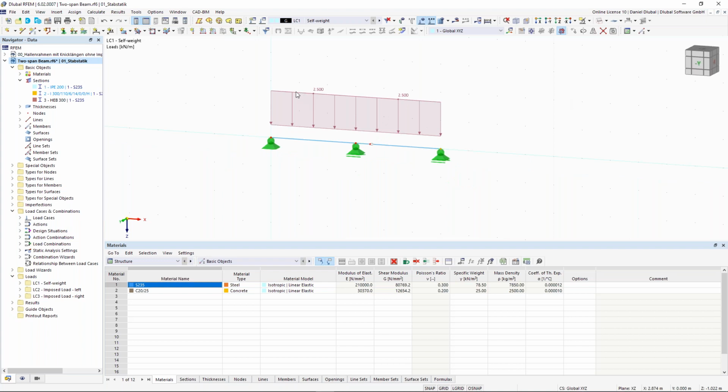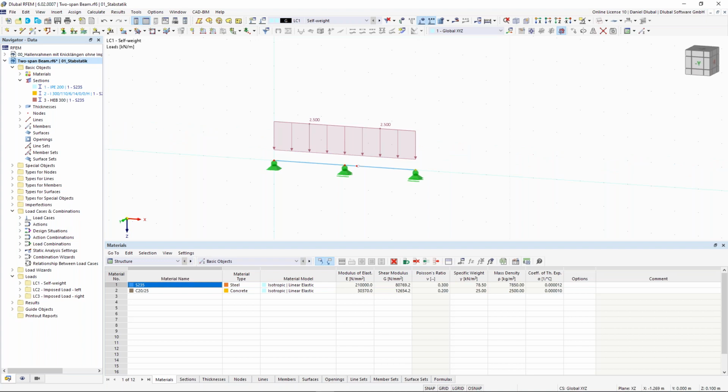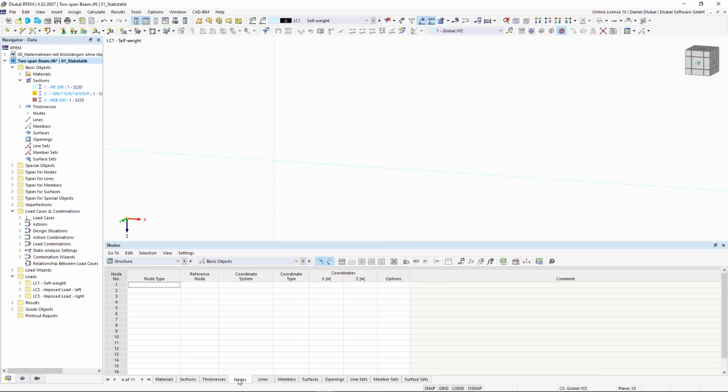Next thing is just a structural system with various types of loads and also some supports. So I delete this again. Now I will create the nodes with the tables. I go here to the structure, go to the tab nodes. The next two examples you don't have to do with me. I will do it a little bit faster, just giving you an overview about how you can do things in